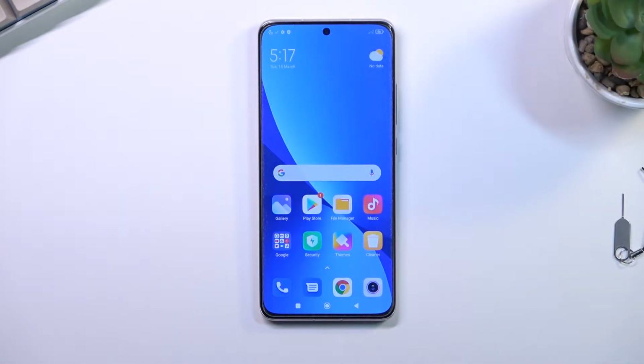Welcome. In front of me is a Xiaomi 12, and today I'll show you how you can record a screen